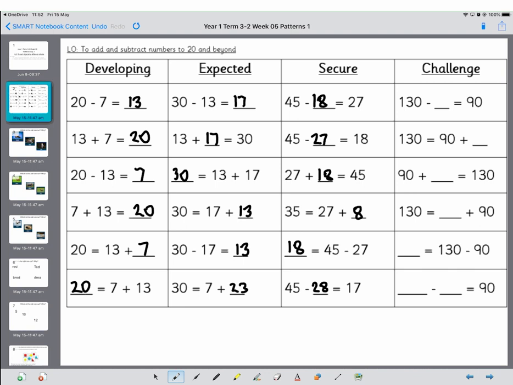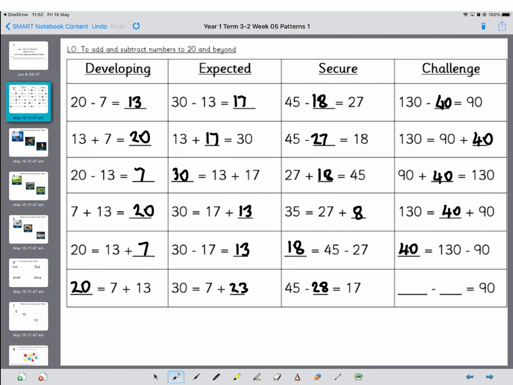Okay, so now onto your last pattern. Now that is lots and lots of 10 bars. So take 130, counting back until you reach 90. That's going to be 40. Once we've got that, 90 plus 40 equals 130, 130 equals 40 plus 90, 130 minus 90 equals 40,